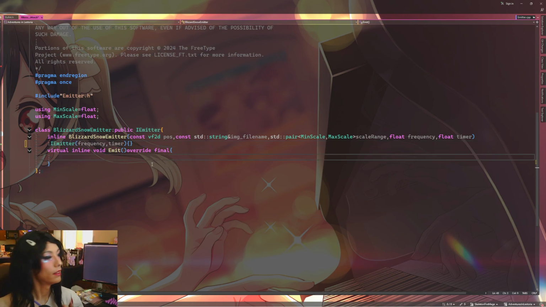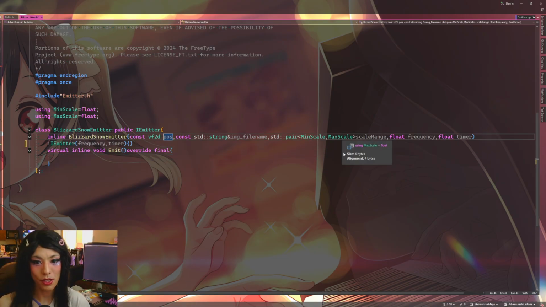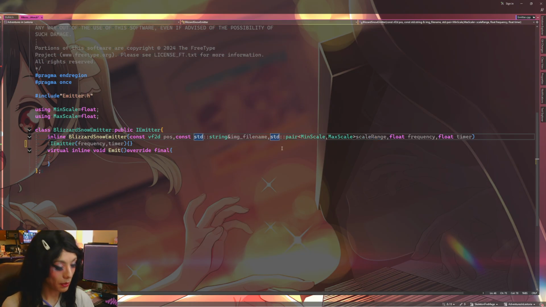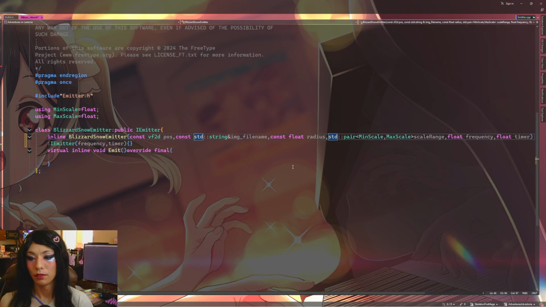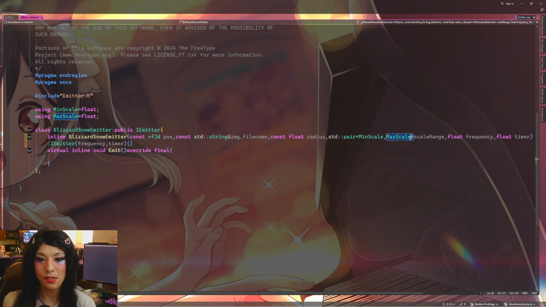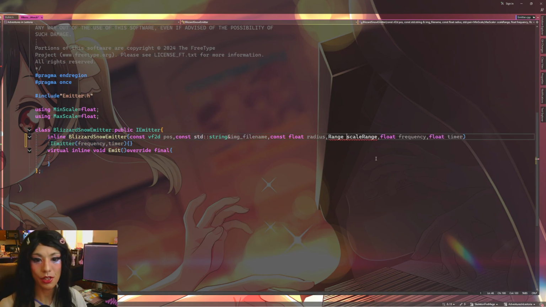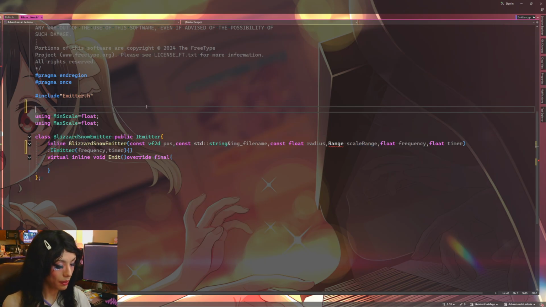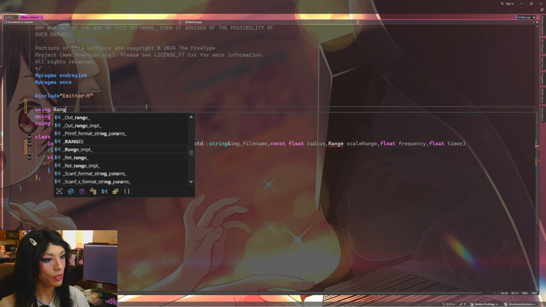Plain and simple. So in here, we have provided a position and a scale range, and I guess we need a radius for this Blizzard Snow Emitter. So we're going to add that too, and we're just going to make that work. Now, why don't I just make this whole thing a custom name called a range? I think that's fair. We can say using range equals